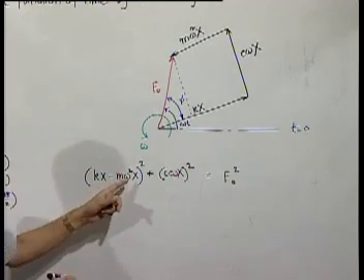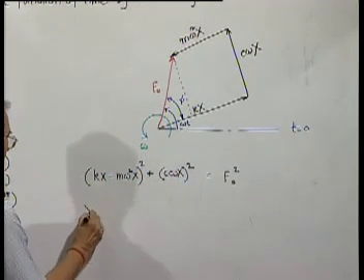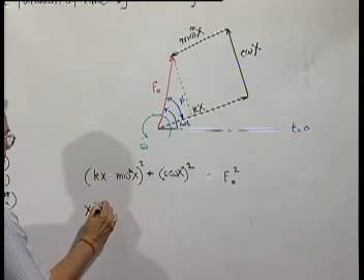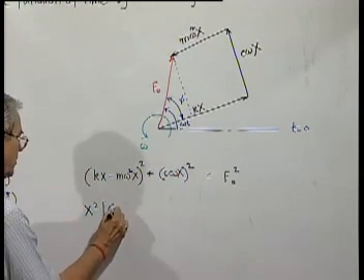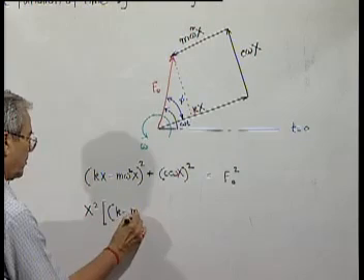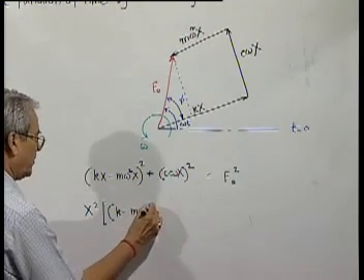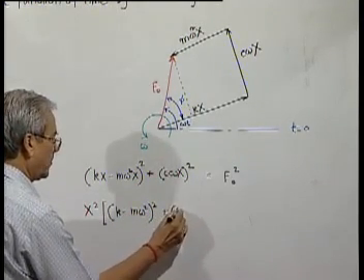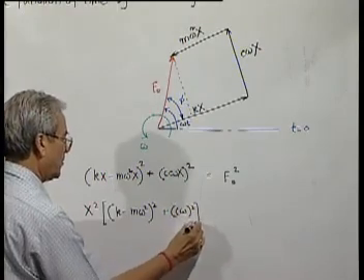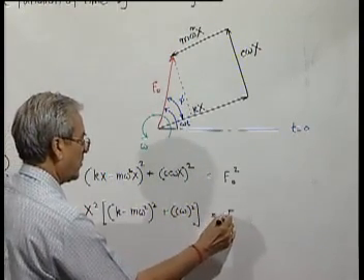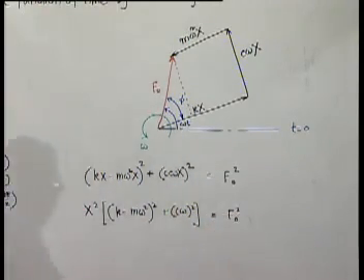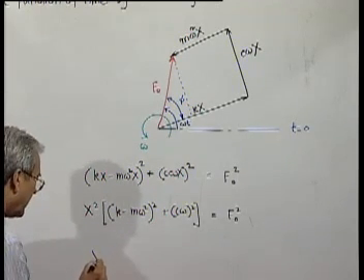Now, taking x common, taking it out, so directly now we find x is equal to